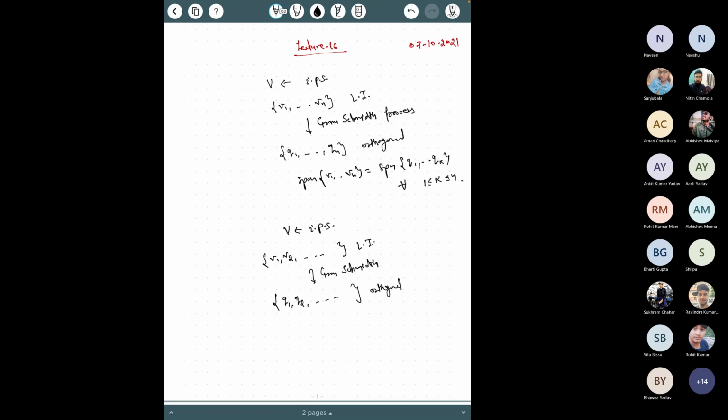When I say columns are orthonormal, that means there is an inner product in the background. If A is n cross n, each column is of length n, so these are vectors in Rn or Cn, depending on whether the matrix is real or complex. Then you consider the standard inner product on that space, and with respect to this inner product the columns are orthonormal. So an n cross n matrix is called unitary if the columns are orthonormal.